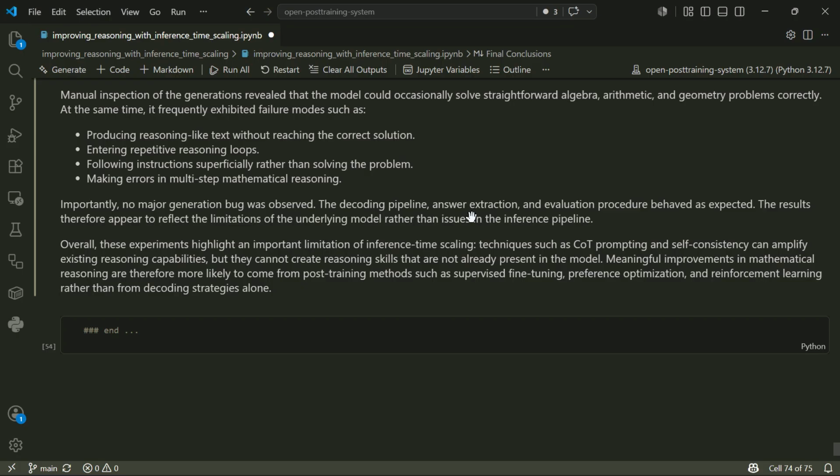So let me tell you about one thing. If the model is performing badly at inference, even when pushing it with these inference time scaling techniques, then we might have to post train again, I mean, fine tune again, or maybe do the preference optimization or the reinforcement learning runs, etc. Maybe use some new math based data and build a reinforcement learning from rewards pipeline, and maybe further do the